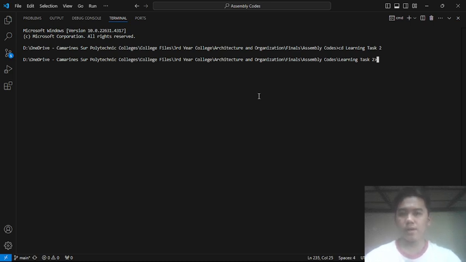Let's first create an object file using the .asm file. So nasm -f win32 and then the file name.